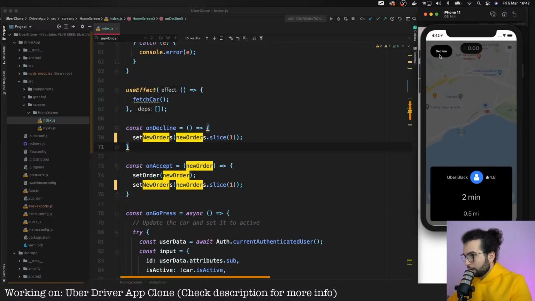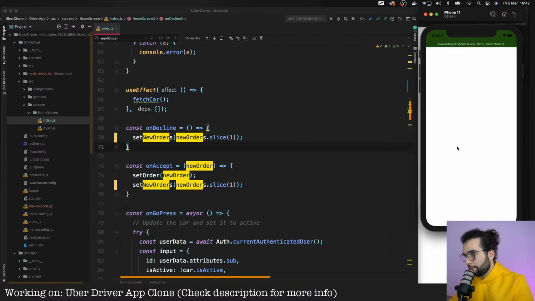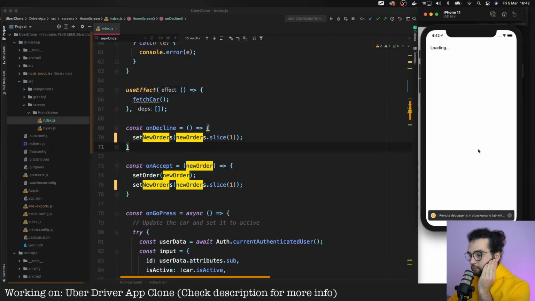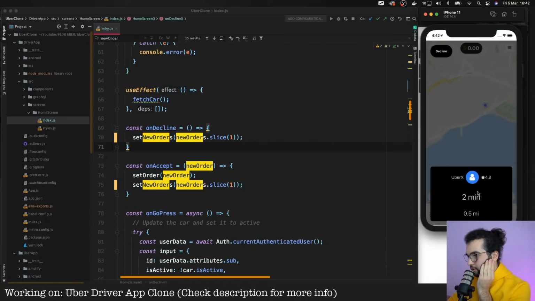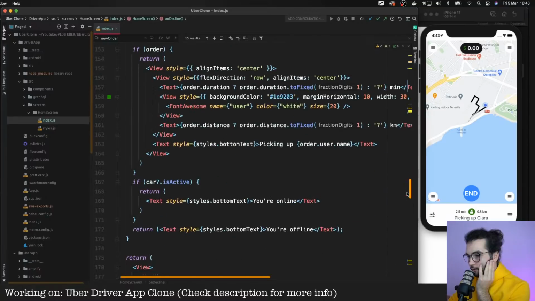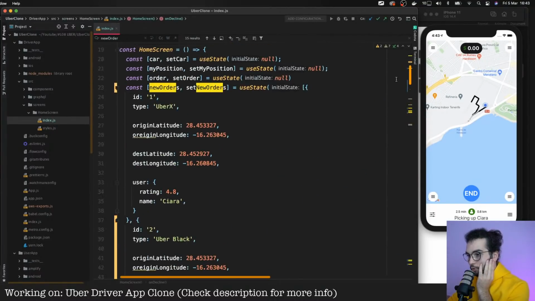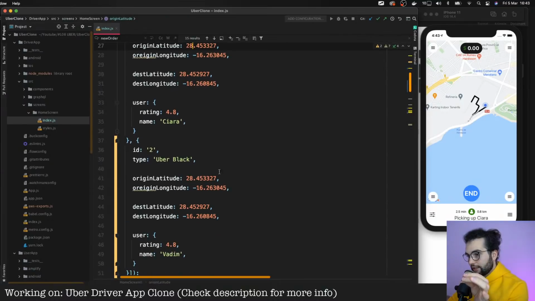We see Uber Black. And if we decline the next order again, we don't see any of them. Also, if we accept the first one, we should not see the pop-up, even if there are new orders, because we already accepted the first one. So if we take the first one, yeah, picking up the client. Right now we switched the logic a bit, so it will work with arrays.